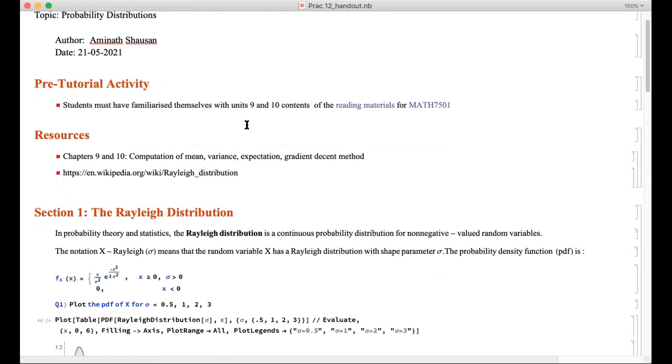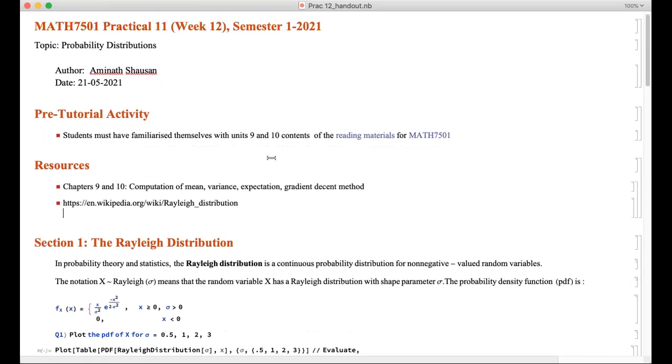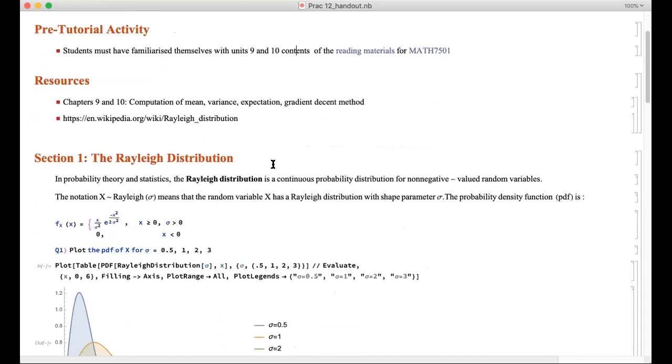Okay, for this week, you must have learned some of the units, all of Unit 9 and Unit 10, especially how to compute integrals and the gradient descent algorithm. I hope you're familiar with those. The first question is about the Rayleigh distribution, which is a continuous probability distribution on non-negative